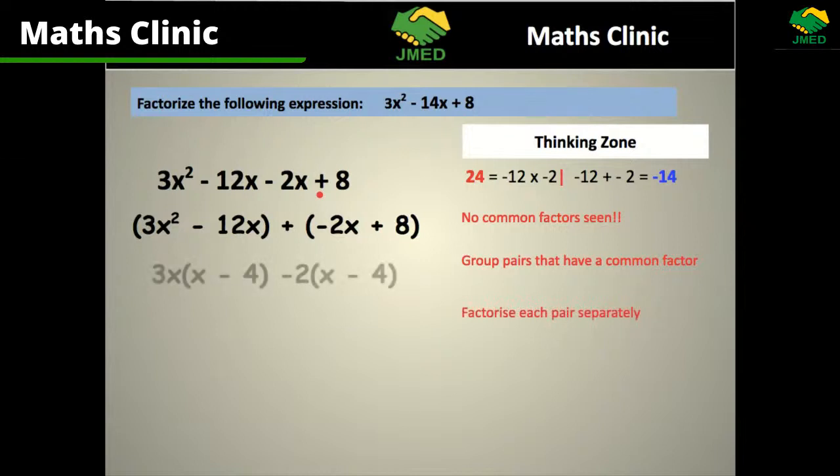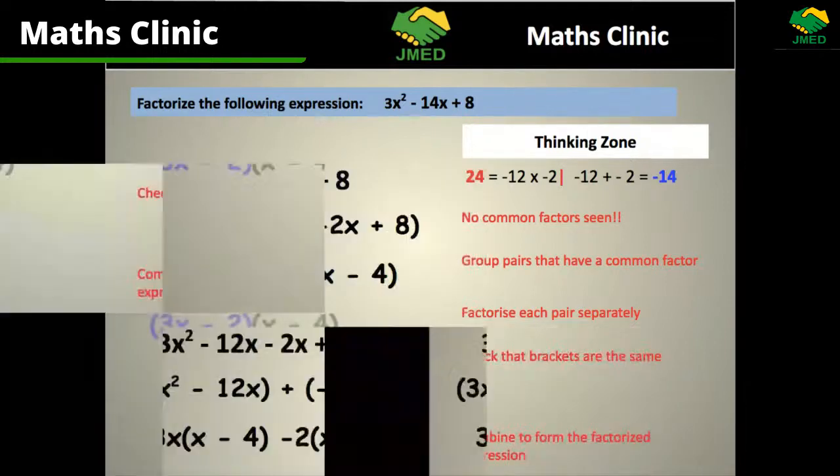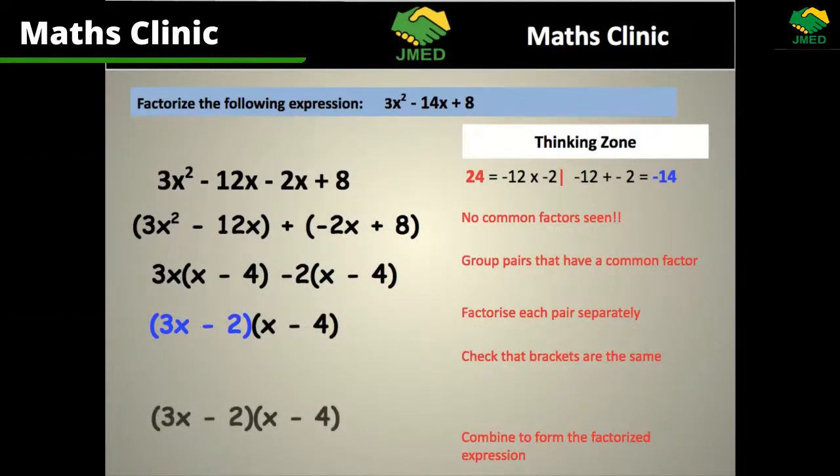Group, factor out 3x and minus 2. Notice when I have a negative sign here, I don't worry about it. I put it inside the bracket, put a plus still, and then I take that negative 2 out, which means all signs inside will change. So when I take negative 2 here, this becomes positive x. When I take negative 2 from the 8, we get negative 4 when you divide, because that's how it works. And then if we multiply out, we'll see. Brackets are the same, so we know we're on the right track,